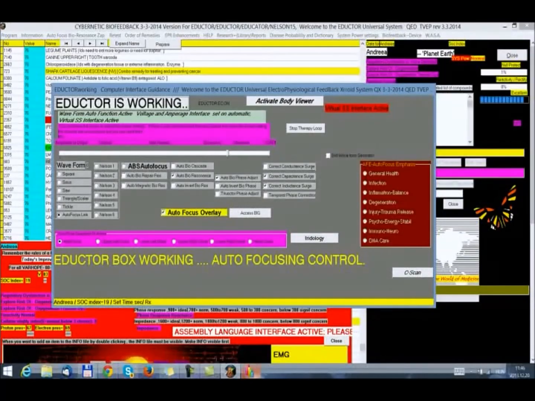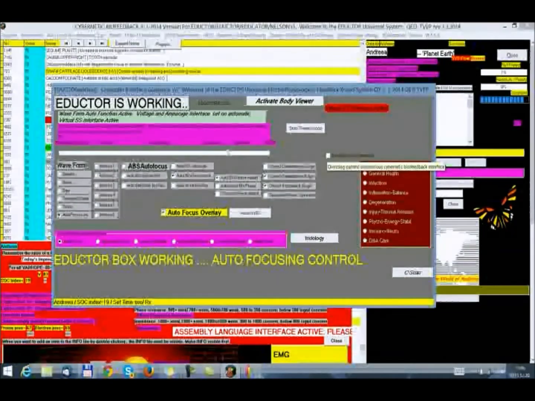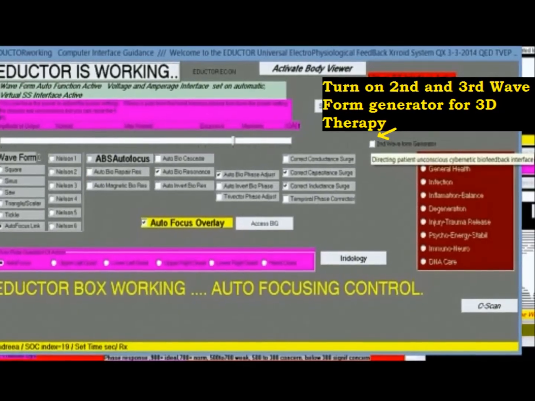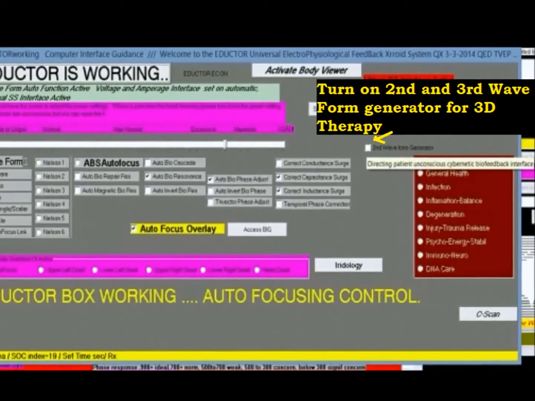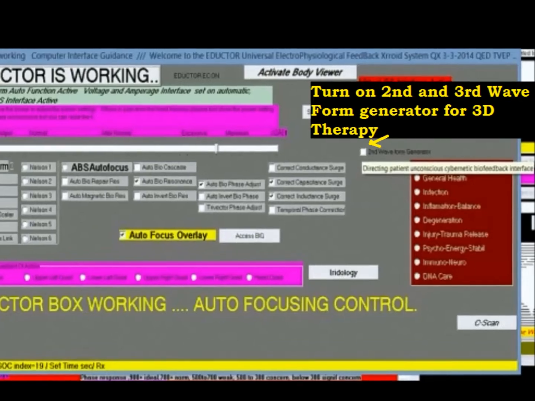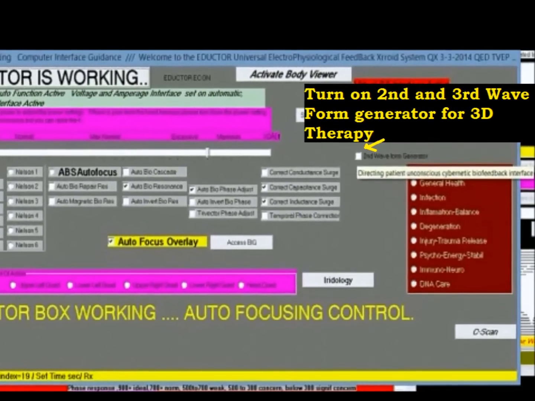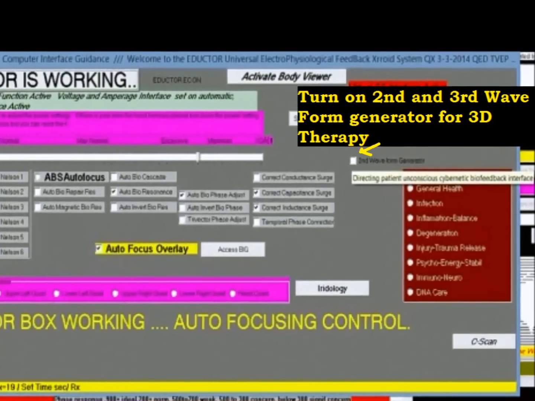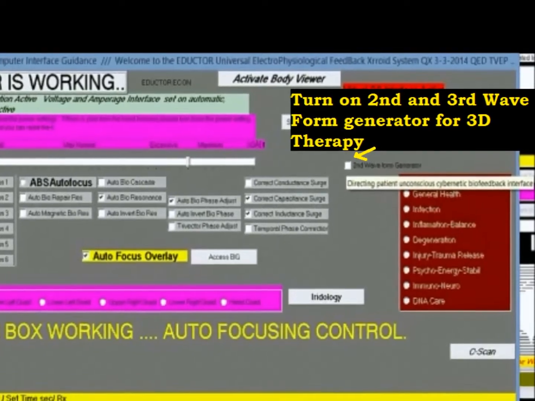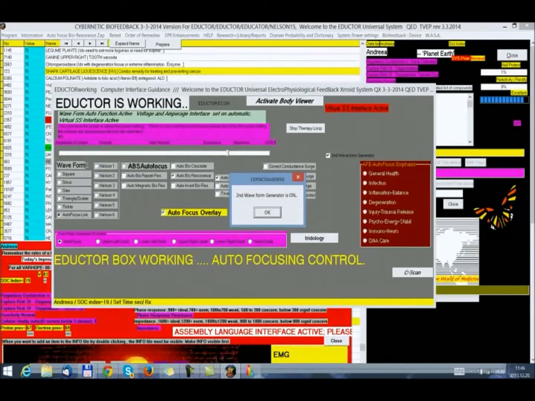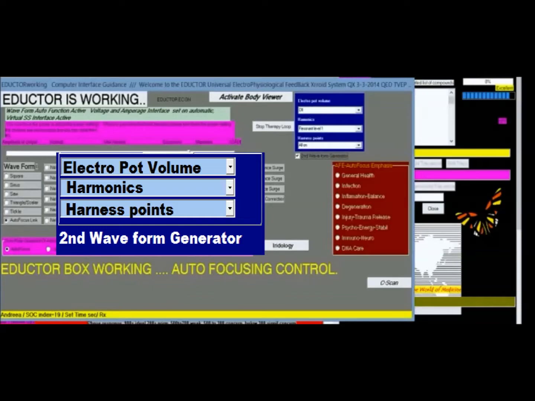We've started. Now we have the option of starting the second waveform generator for the Eductor. The Educator and the SCIO do not have the second waveform generator, but it is on the Eductor, and you can access it by clicking this little checkbox for the second waveform generator. We click. Now that you clicked on it, we'll open up a little window